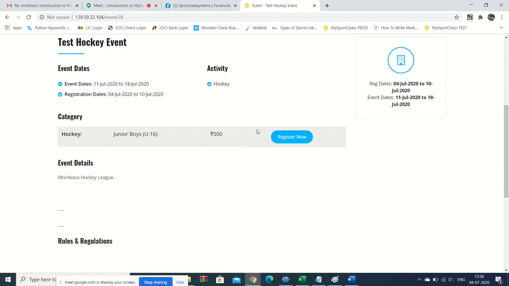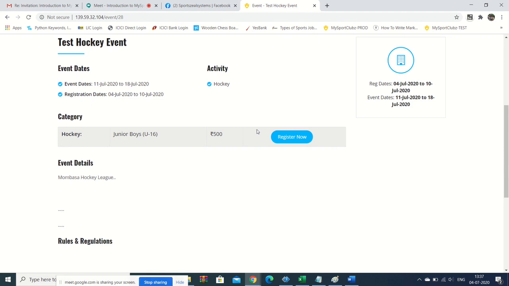For registration, if it is an external event, then to register you don't need to be a member of this system.